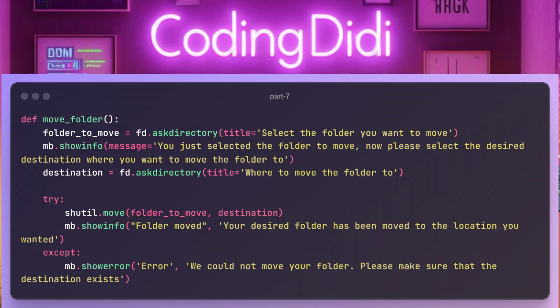Now please select the desired destination. Once the user selects the desired destination, we are using a try and except block again to avoid errors and for exception handling. In this case, you have to write the .move function from the Shutil library to move one file to another place. Above also,